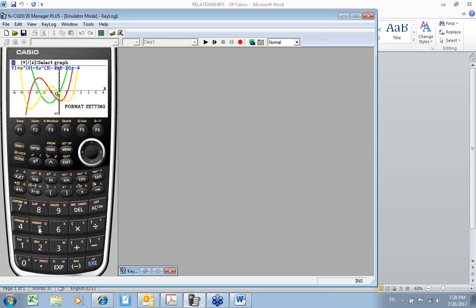Right now the blue function is blinking. So basically it's asking, do you want to change this one? It says y1 at the top here. No, I don't want that one, so I'm going to hit down arrow. Now the second derivative is blinking. That's still not the one I want. So I hit the down arrow again, and now I'm at the second derivative, which is the one I want.